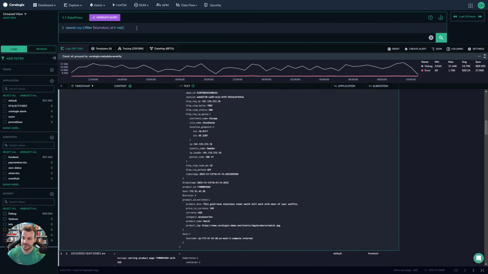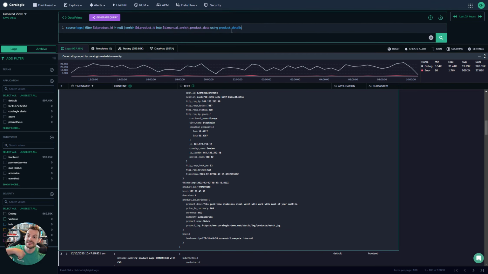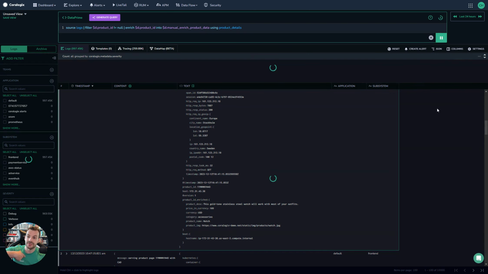Then what I can do is use the enrich keyword and say enrich $d.productID into my new field, which I'll call manual_enrich_product_data, using product details. Product details comes from the custom enrichment flow that we just saw there in this enrichment section. What this means is that I'm saying, go into the product details CSV, look for the product ID, and then enrich it with all the additional data. So when I run this now,